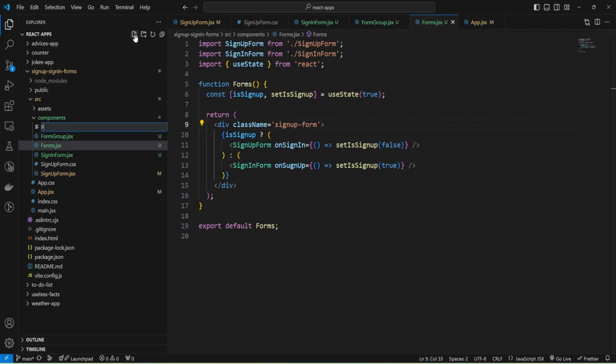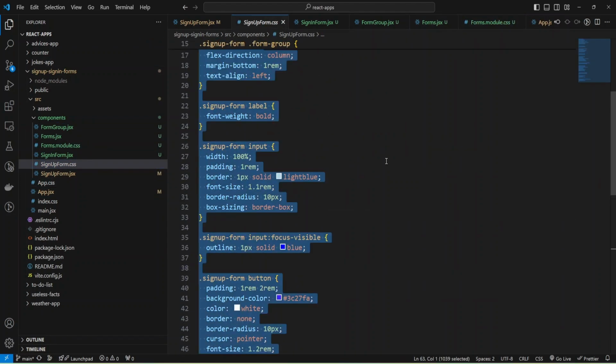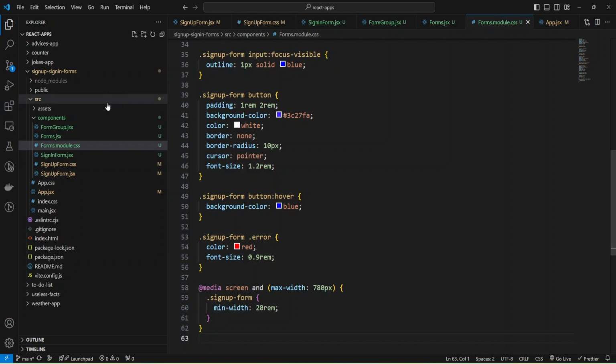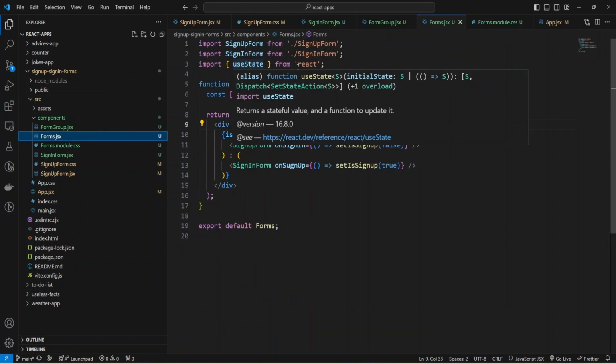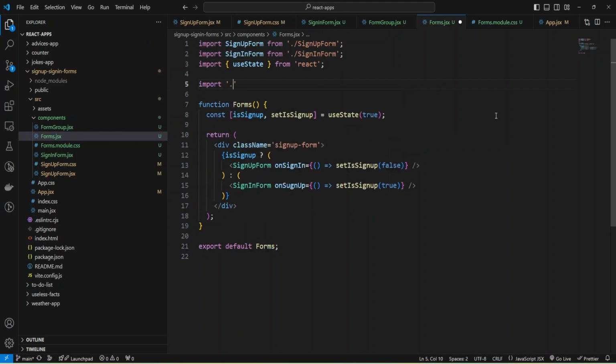And I'll have forms module CSS and just copy my styles from sign up form to my forms module CSS and import my styles. Import from forms module CSS. Okay, and let's check.